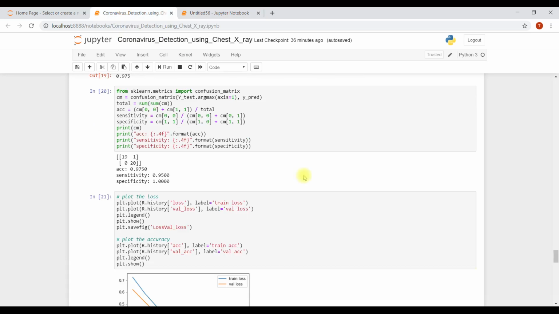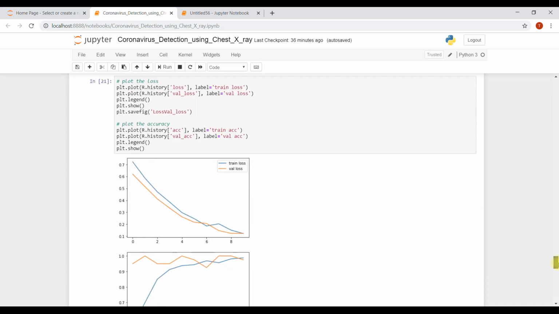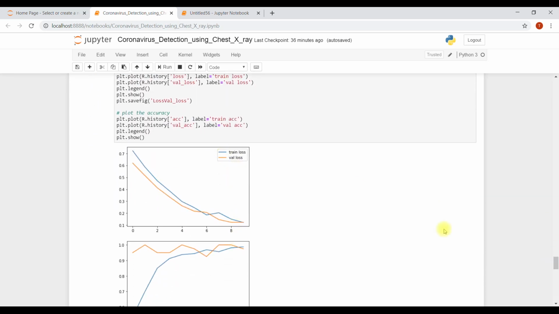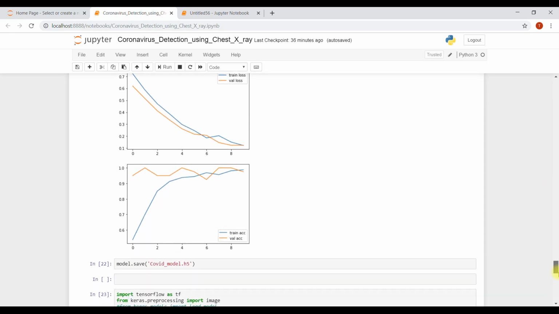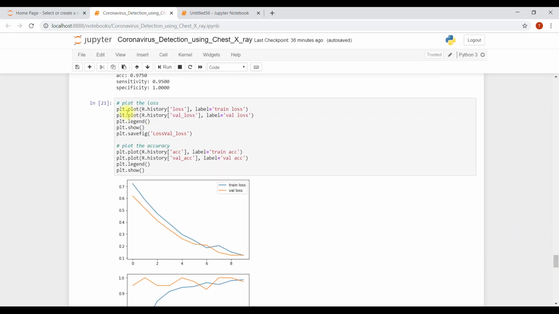Now let's plot the train loss and validation loss and training accuracy, validation accuracy. So the thing is plt.plot, that R we defined, the training history. In the first graph, loss, it should be labeled as train loss, and for the second line it should be validation loss. Then plt.legend to show, and save the figure.